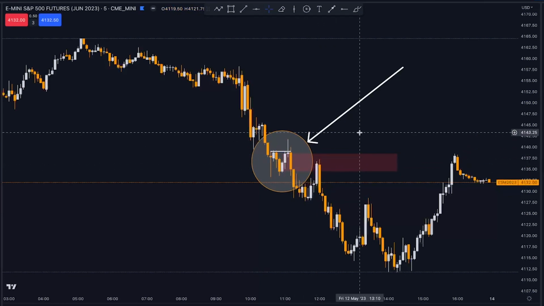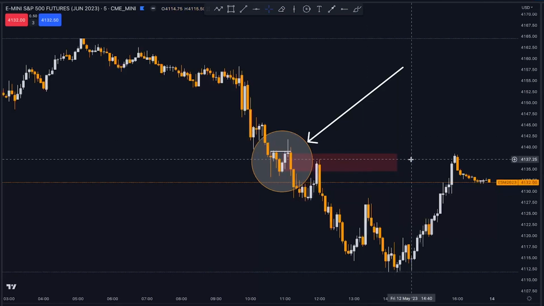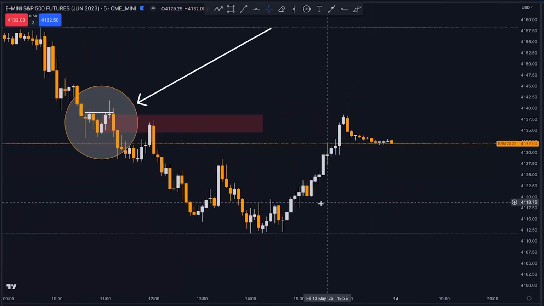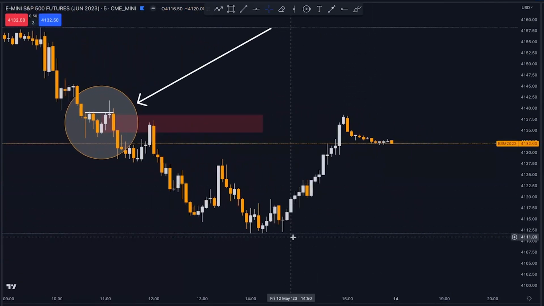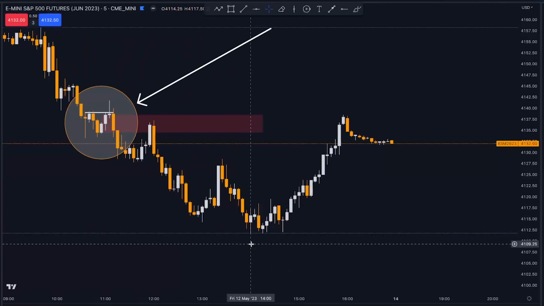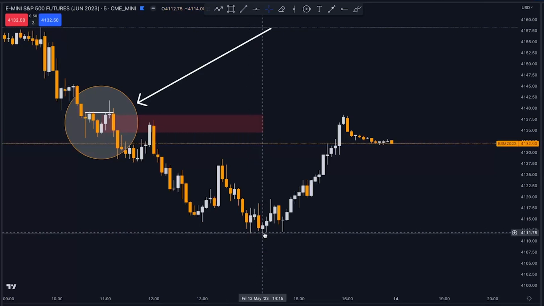Now let's look at the second example where the order block is before the liquidity was taken. So for example, right here. Okay. We can see that there is this low, which would be our liquidity. Then this next candle touched the low,